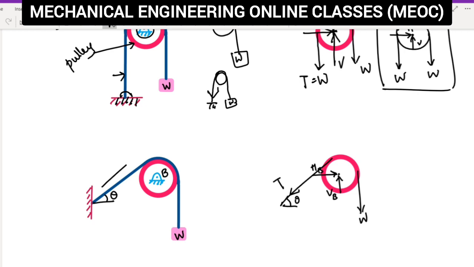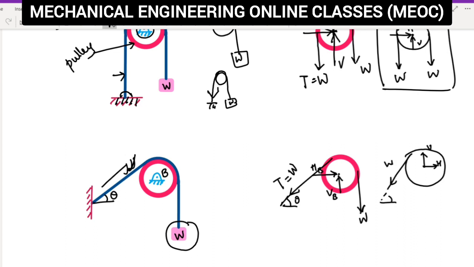This is tension. Now what is the force with which this particular rope is trying to stretch? It is equal to that of W. So here also the tension is equal to W only. So this is the FBD of the pulley shown in the figure. This is H, this is V, this is W at theta, and here is another W. This is the FBD for this particular arrangement.